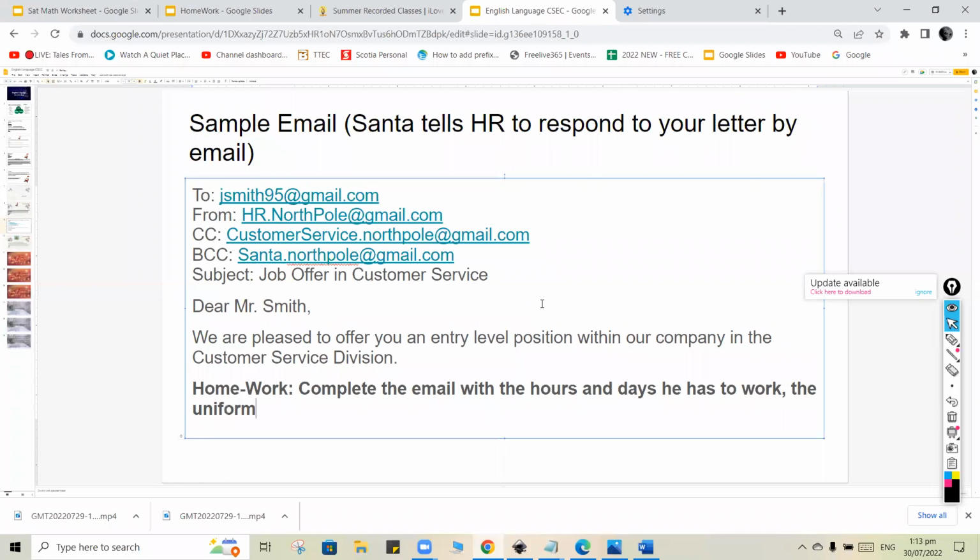The uniform requirements, if any, the uniform or dress code requirements. Right, the rate of pay, right? Good. Anything else? All right. Any restrictions